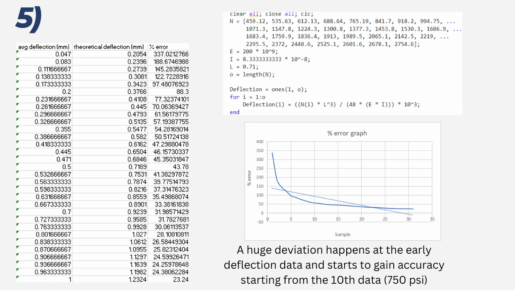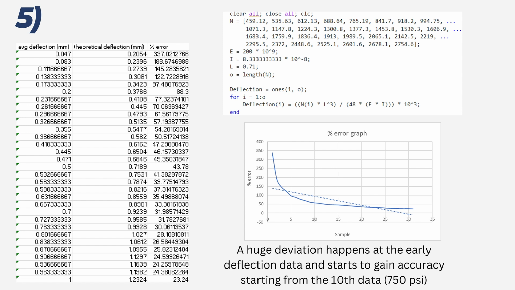From that figure of the graph, we can tell that there's a huge deviation that happens early in the deflection data. Let's say from the 1st until the 7th experiment, the result that we get from the experiment is deviating when compared to the theoretical.